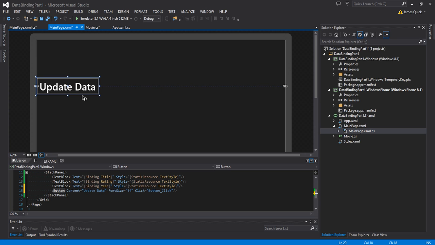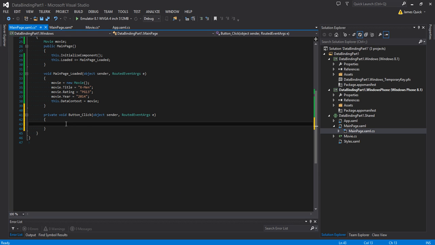Give it a second, it's a little slow. It's generated the code down here in the XAML. Now I'm waiting for it to pop up in the code behind. There it is. And now when we click this button, I just want to change the data of our movie to something a